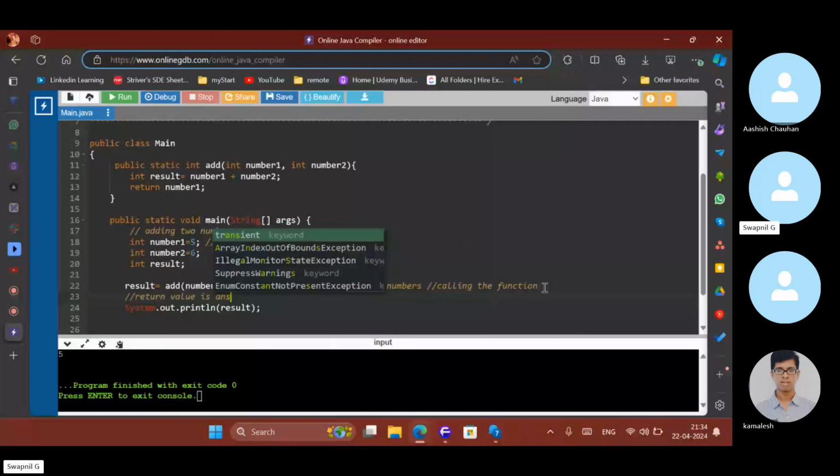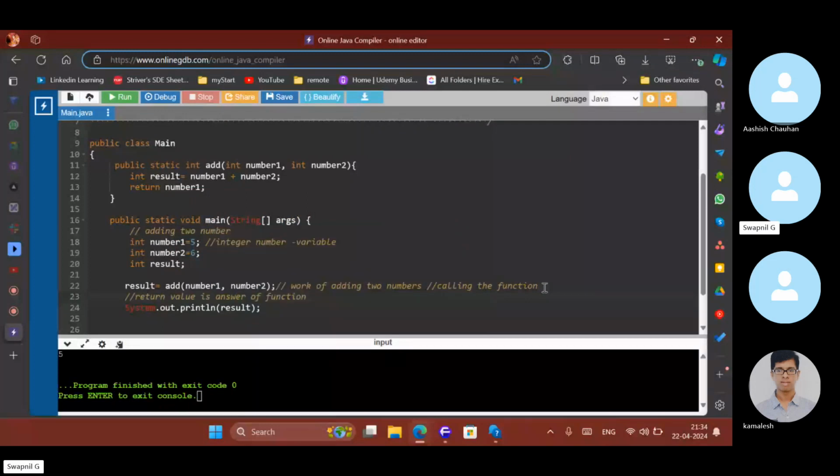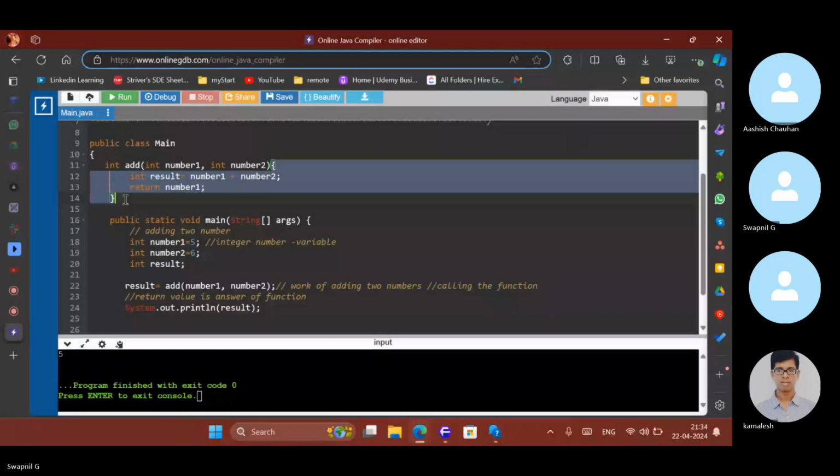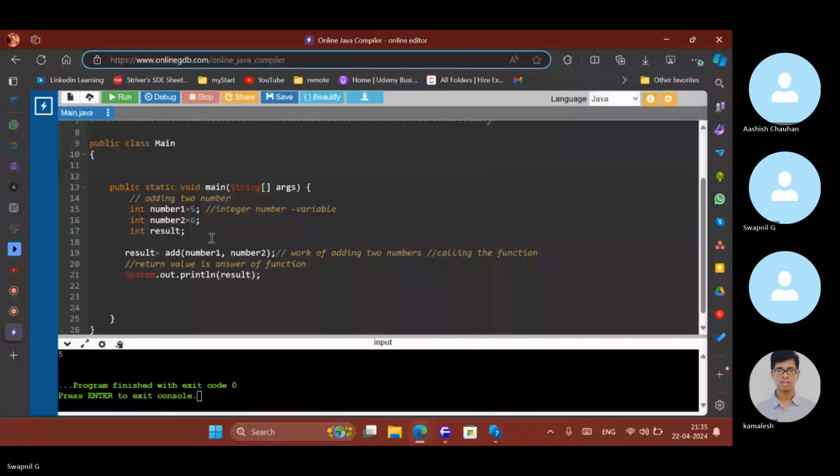It is not the answer of the solution. Okay, is this part clear to everyone?